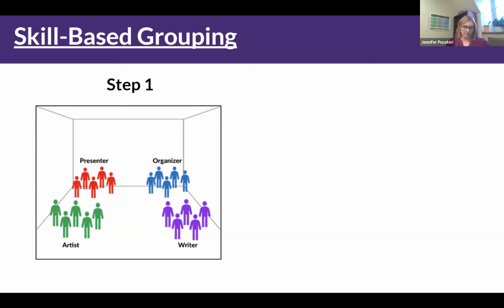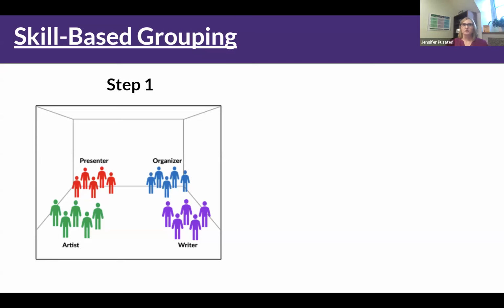So in this example, let's say we were doing a large project and I was thinking through this project, and I'm thinking, okay, in order for this group to do this project, we're going to need somebody who can do the writing. We need someone who's going to organize the group and keep everybody on task, kind of a project manager or organizer, if you will. We're going to need somebody who's going to stand up and do the presenting, the actual public speaking. And then we're going to need someone who's going to put the slides together and make the handouts, kind of an artist type.